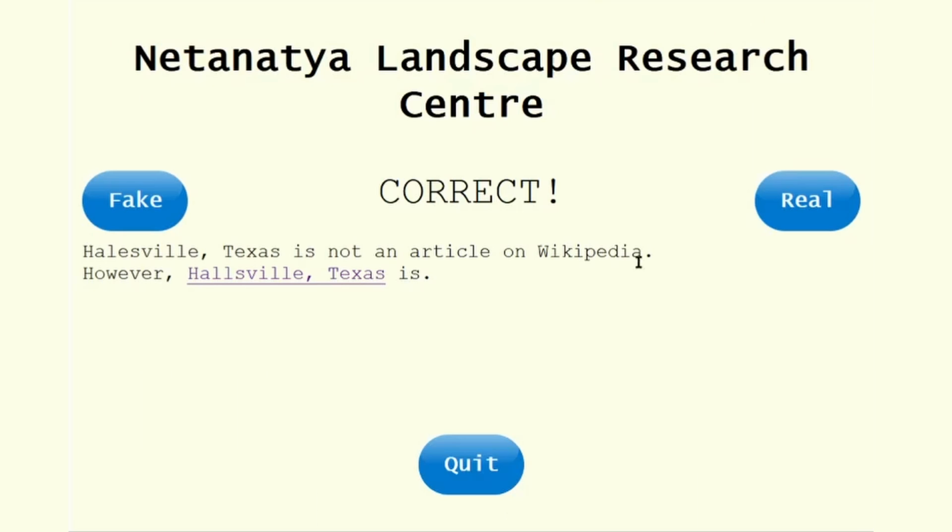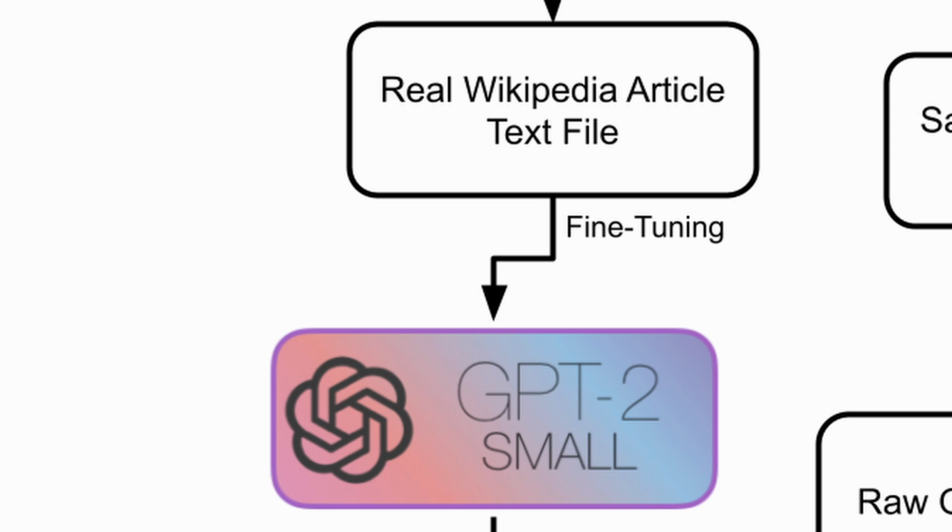But anyways, how did I get GPT-2 to work specifically to generate Wikipedia article titles? Well, that's where we get to fine-tuning. Basically, you can give GPT-2 your own dataset, and it will use what it already knows about the English language to continue to train and generate text like the text that you gave it. I'll put a link in the description to the exact tutorial I found to do this if you want to try it on your own.